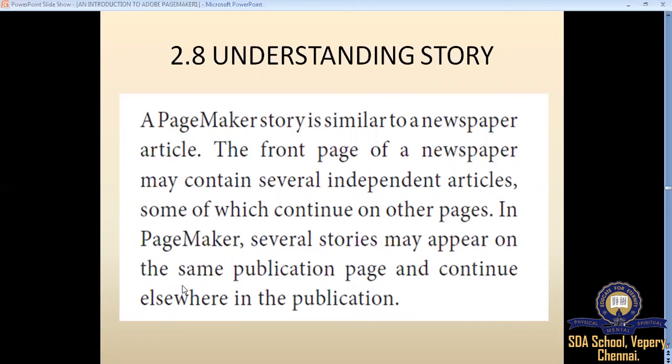Most of you have an idea about newspapers. When you are reading an article, it may continue from the first page, then move on to the third page or even to the last pages. So in a newspaper, the article content moves from one page to another. Here we can move the text from one text block to another text block. When you move the text from one text block to another, the text blocks are threaded. A story is created. The threading of your text blocks is nothing but a story.